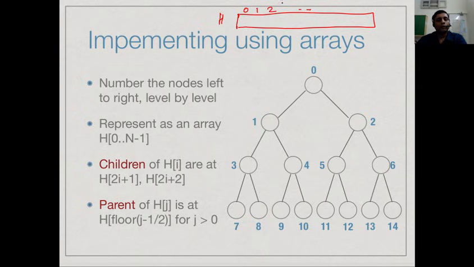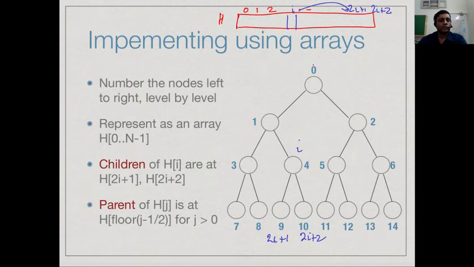Okay? Now in this, the claim is that if I have some position i, then the children of this are 2i plus 1 and 2i plus 2. You can check this everywhere. So therefore, if I want to go to a heap and ask something about the heap property, then I will just look at position i, and then I will jump ahead to position 2i plus 1 and 2i plus 2. Right? So completely using the array alone, within the array, I can look up the children of a node,